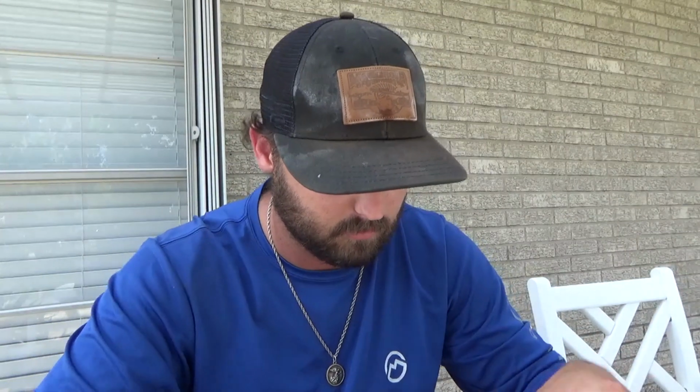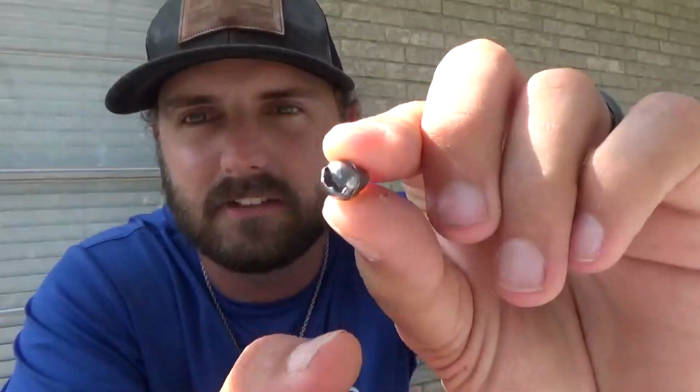And then another important part is going to be these little split shots. These little tiny split shots. Usually I have some that range from about 1/4 ounce to 1/8 ounce. It really just depends. If the current's ripping through there, sometimes you might want your bait to sink a little faster, so you throw on that 1/4 ounce. If you've got a slack tide or a weak tide, throw on these lighter ones,